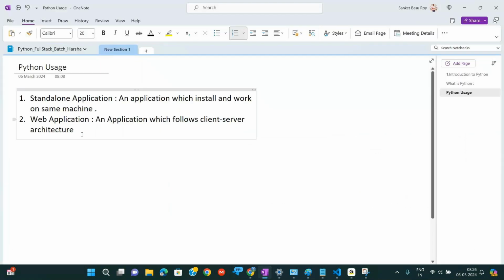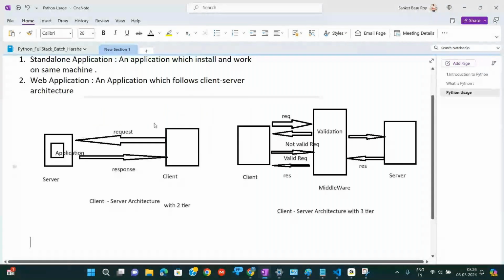So here I am trying to. This is my client server architecture. Okay. So apart from that also. Okay. So we have